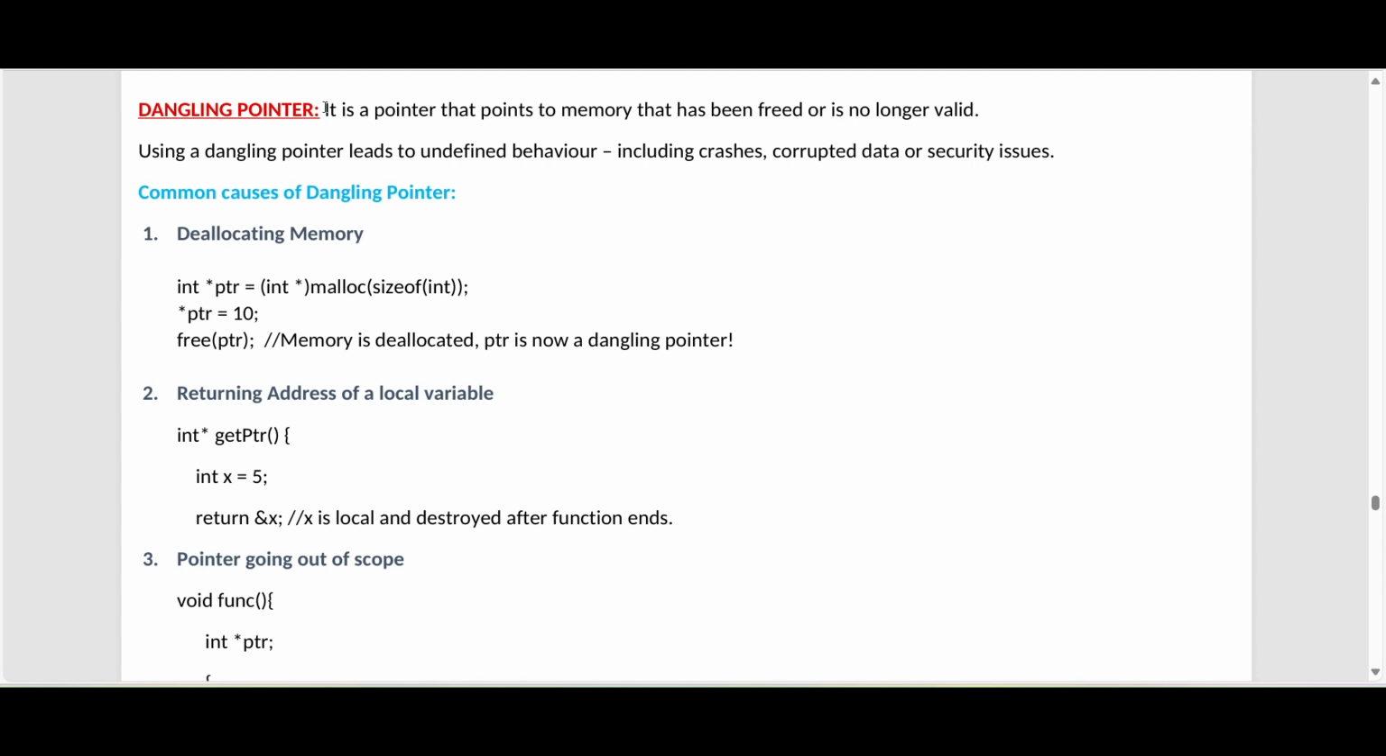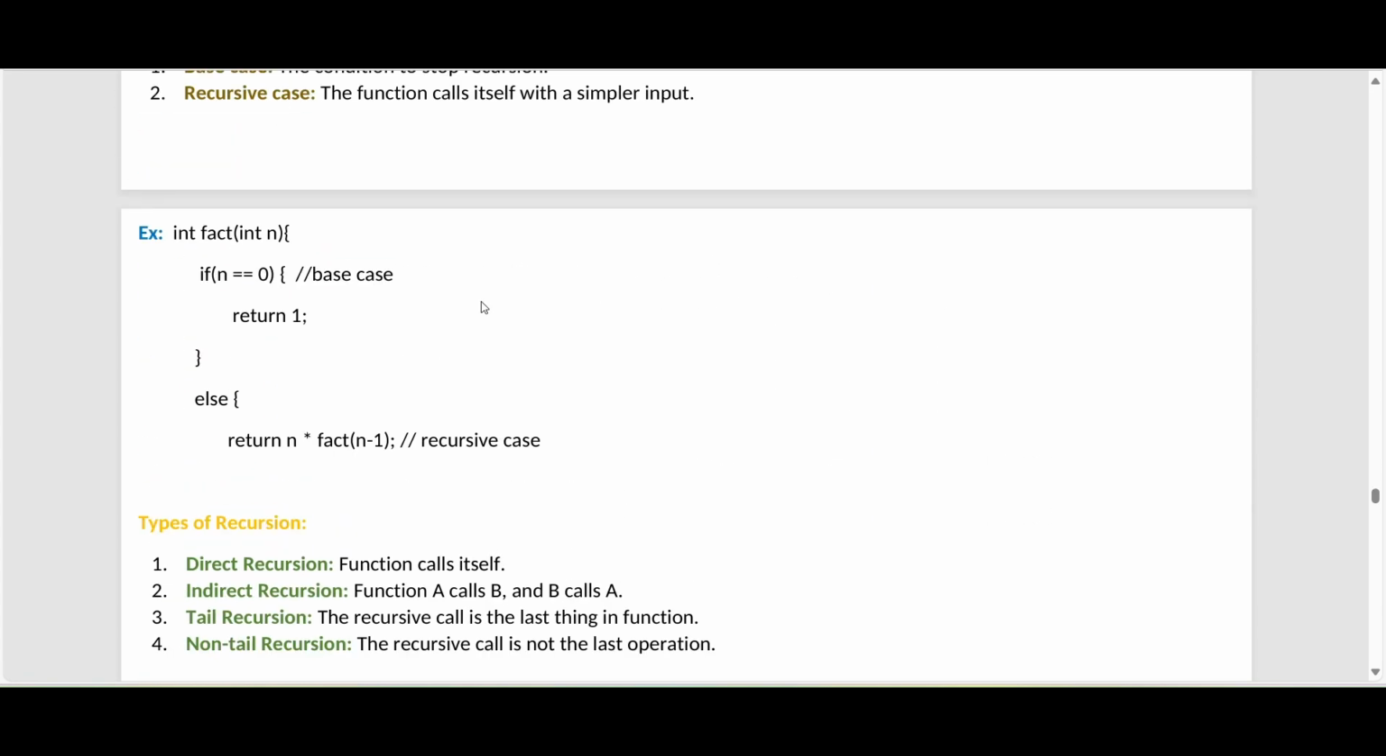First of all, it is a pointer that points to memory that has been freed or is no longer valid. See, it is a pointer. We know about pointers, right? See here,